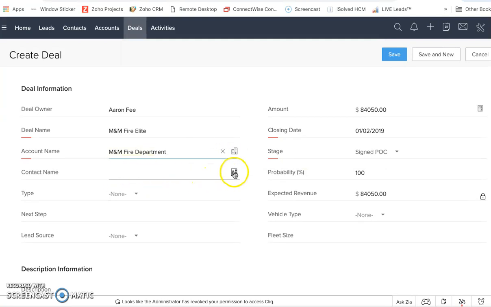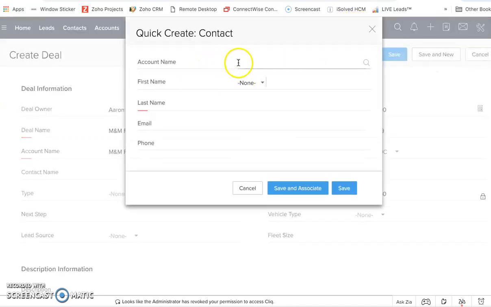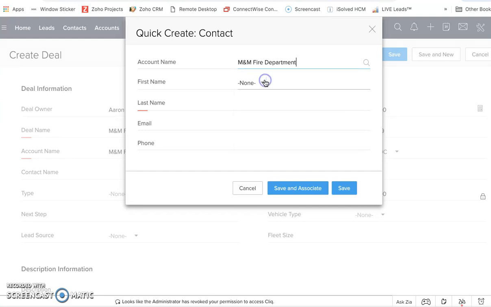Okay. So now my contact name, I don't have the contact name information in there, but I can add that new contact in. The account name is going to be associated to M&M Fire Department. So you can see how you can work forward or backwards through this without having to do redundancies. So I'm going to put that in. It's going to be Mr. Gary Woodard. Okay. And Gary's email is m.fire@yahoo.com, and his phone number was